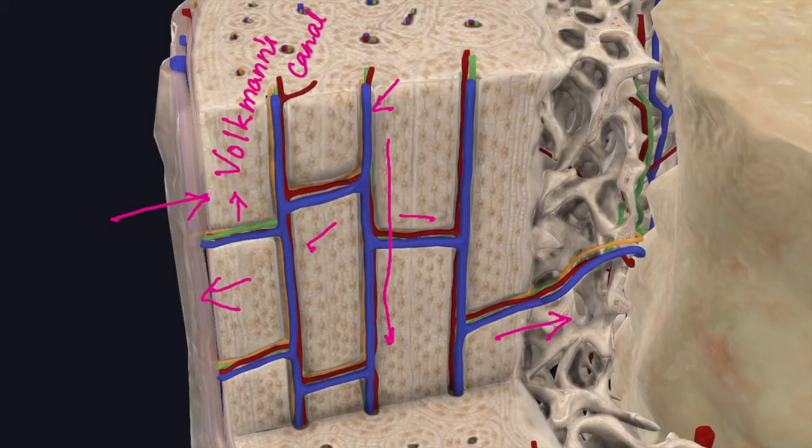When you compare the cancellous and the compact bone, there is an essential similarity in the structure of the two. Both are made up of lamellae. The difference lies in the relative volume occupied by the bony lamellae and by the spaces. In compact bone, the spaces are small and the solid bone is abundant, whereas in the cancellous bone, the spaces are large and the actual bone tissue is less.